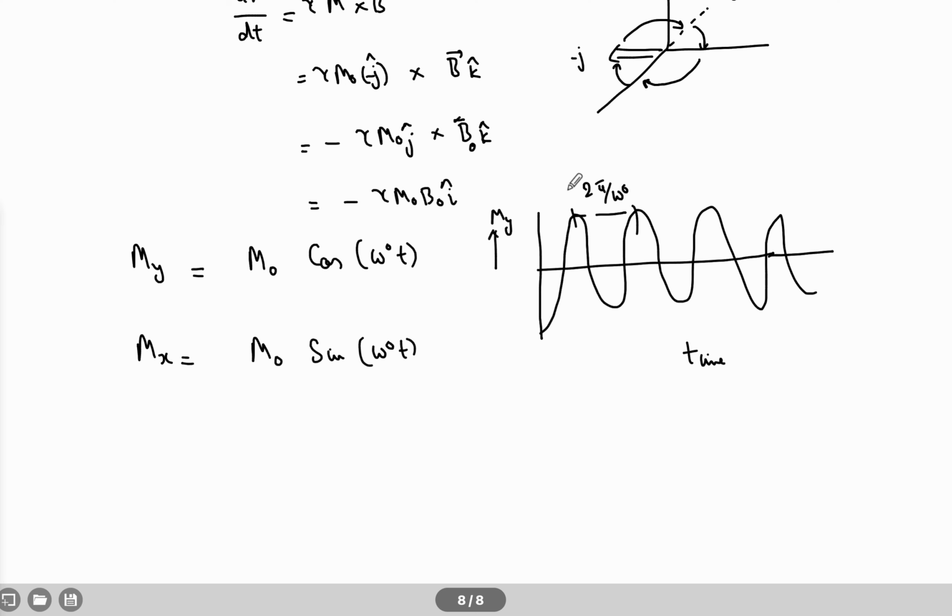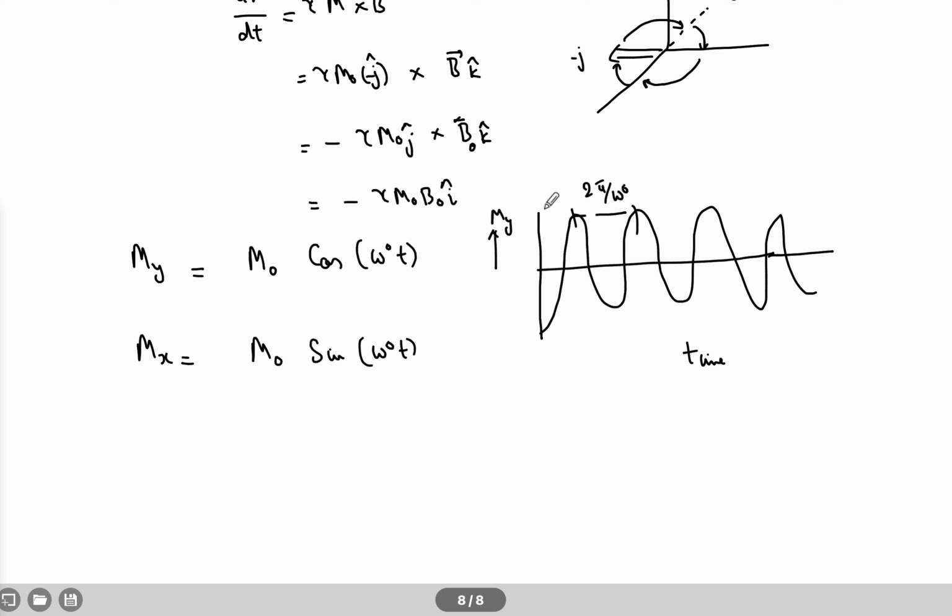When the vector is along minus y-axis, this will be minus maxima, and then in between it will keep on fluctuating because it is doing a circular motion. We have seen a similar equation for a simple harmonic wave also, right? Okay. So Mx is m0 sine omega naught t, and